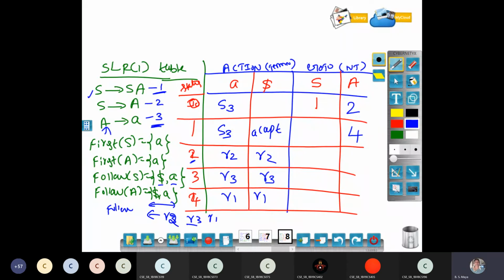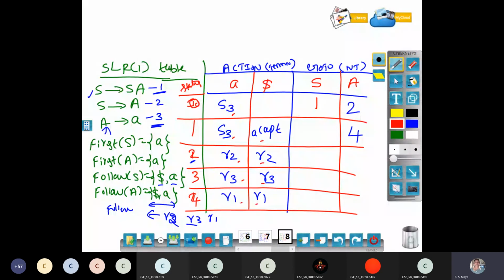R2, R3, R1, R1. After filling the table, you have to give justification whether the grammar is SLR or not. So you have to observe the table. Do you have multiple entries in the table? Now, for all the table I have single entries, only shift or reduce.